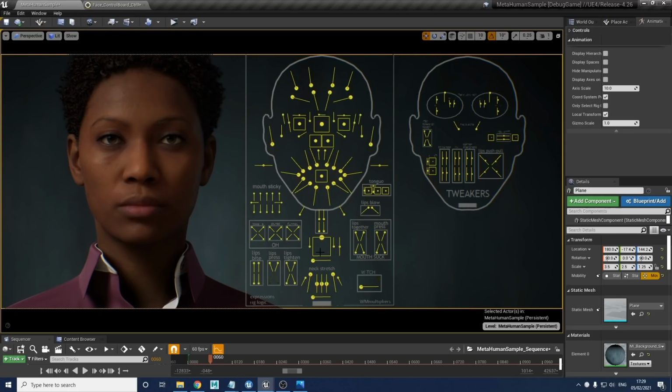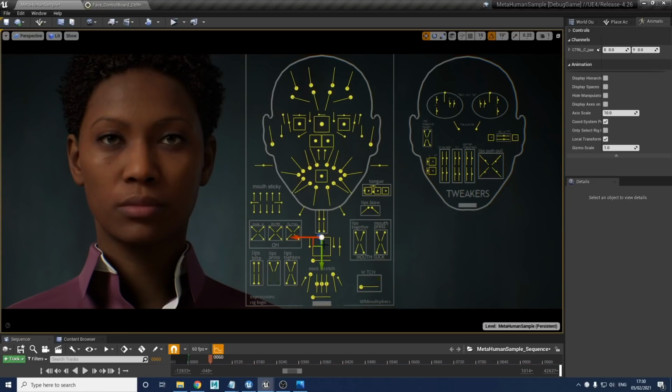So I'm going to start with one of the main controls you'll be using a lot, which is the jaw control. This control here in this yellow box underneath this face shape. That's another good thing to bear in mind. The face is laid out in a way that these reflect where the controls will be moving the face. So you can imagine this would be the mouth and the lips and corners and things. We've got the nose in the center, we've got the eyes and the eyebrows above it. It's just to try and help visually aid you to decide where you need to be looking for certain controls. But anyway, we'll get back to the jaw down here.